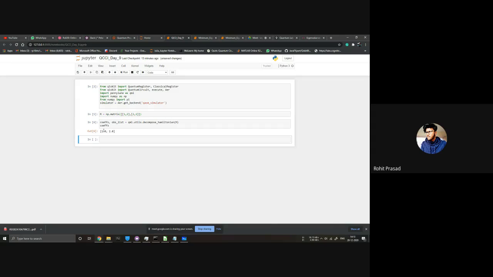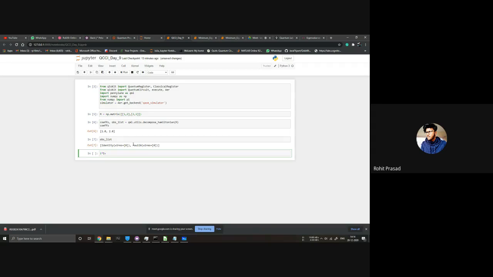Yeah. So we got 1 and 2, and the object list is identity at 0 and X at 0. So what does it say? It is something like this. The first element is 1 into identity at 0. We are working with only one qubit, as 2 to the power 1 is 2, so we can get our 2 cross 2 matrix in just one qubit. So it's 2 into I